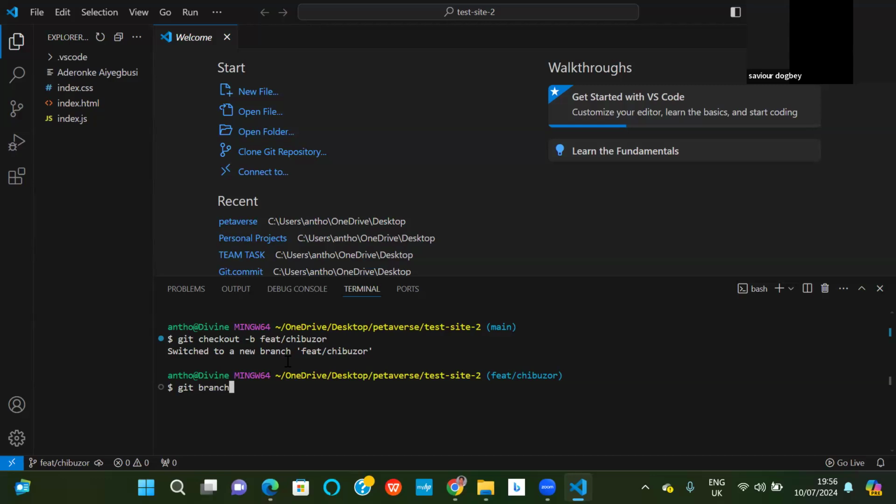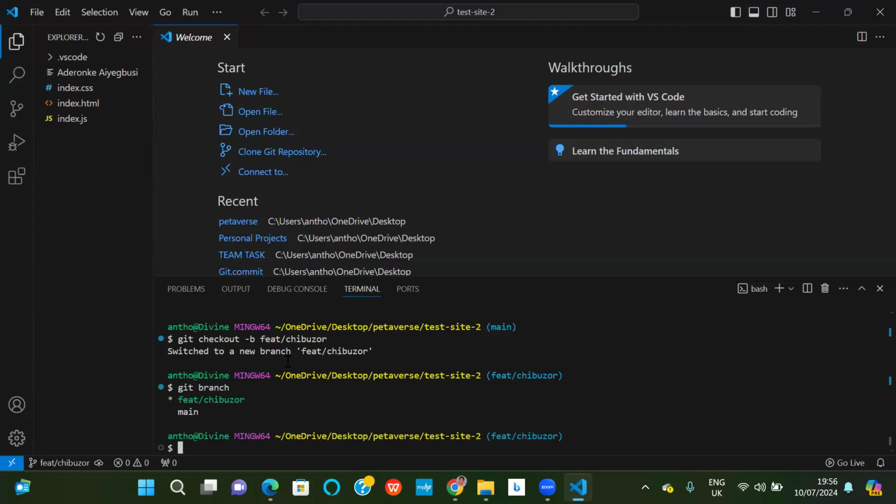Hit enter. You see now it's showing you that you have this branch, right? And you have main. And the one you are working on will always be in green and you will see an asterisk there. So that tells you the branch you're working on. So clear your screen, please.